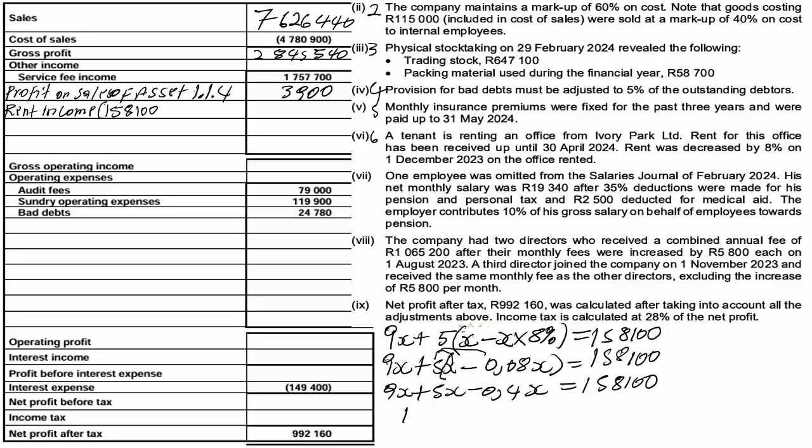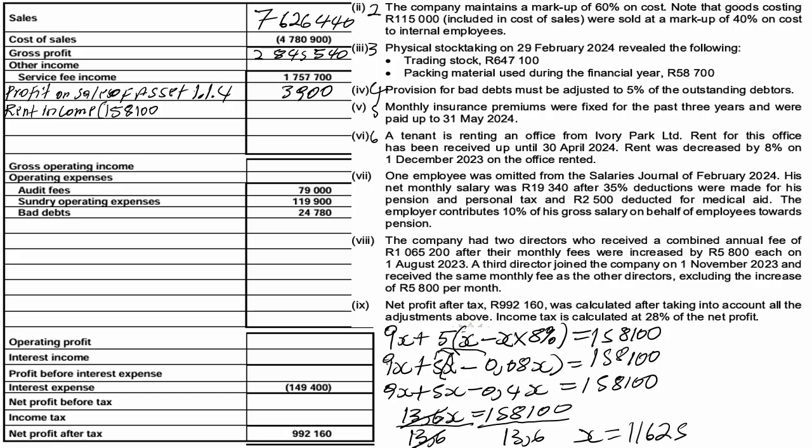So on my side, I'm getting 13.6x. 13.6x is equals to 158,100. Then we divide by 13.6 both sides. Divide by 13.6. So 13 we cancel 13. X is equals to, I'm getting a figure of